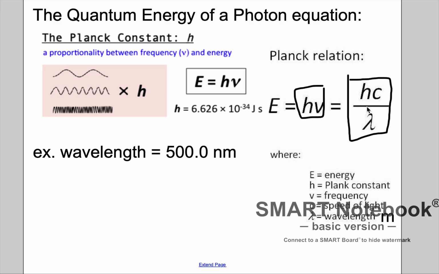But if you're given lambda and not frequency, then you have to use the speed of light. And you have to make sure that the wavelength and the speed of light, which is 3.0 times 10 to the 8 meters per second, use the same units. Well, here we're given nanometers, so we do have to do a conversion. In this example, it says wavelength is 500 nanometers. Well, what's a nanometer? A nanometer is 10 to the negative 9. That means I would have to move the decimal place over 9 places. And when I do that, I end up with